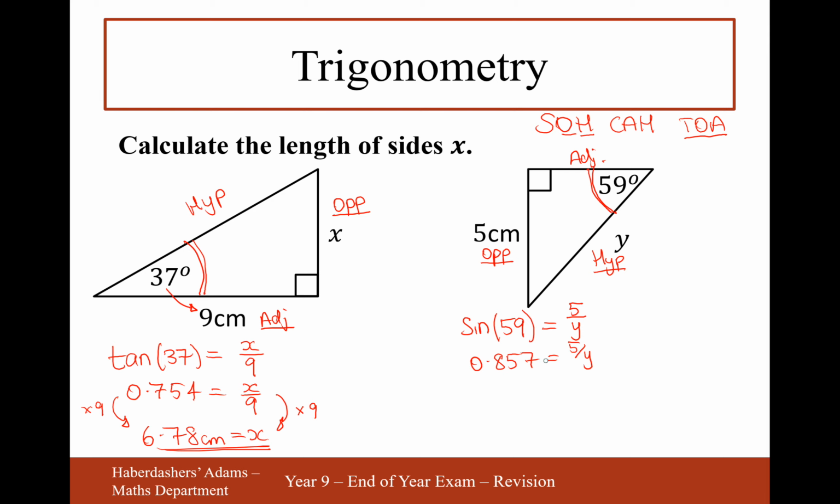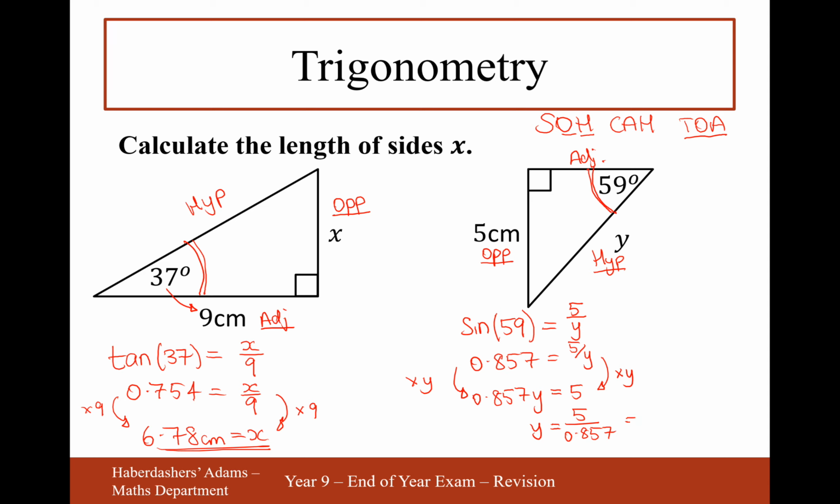Then we need to rearrange it to make y the subject, and y is being divided here at the moment. So we're going to need to times it onto the other side. This one's a little bit more tricky to rearrange. So it's going to be 0.857y equals 5. And then we divide by that decimal number, so 5 divided by